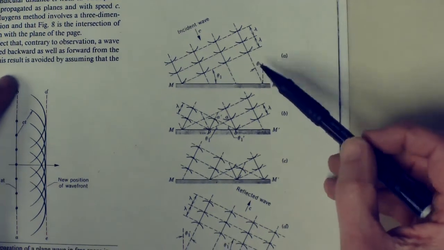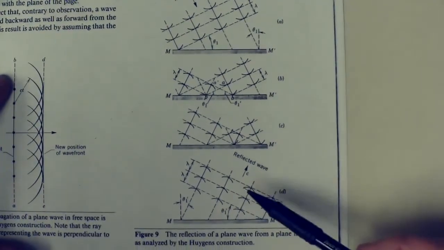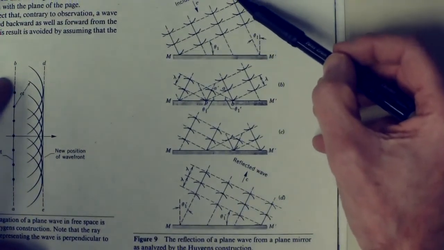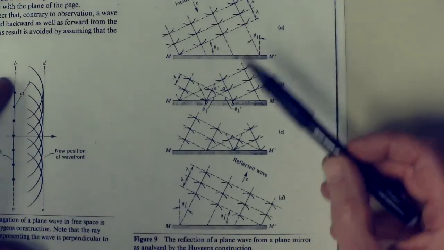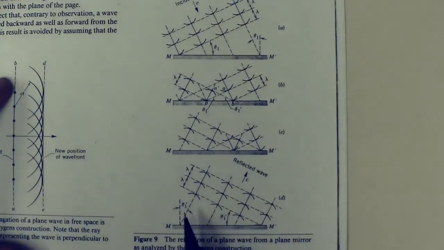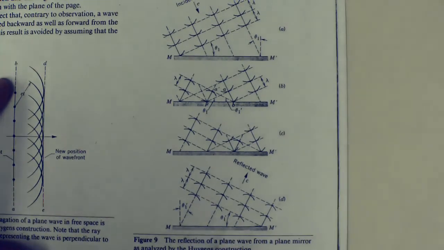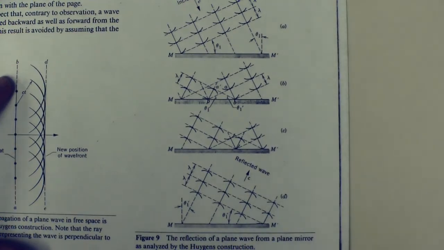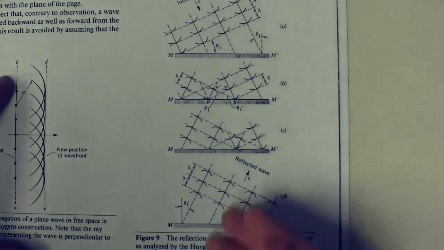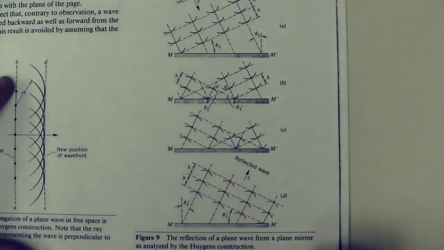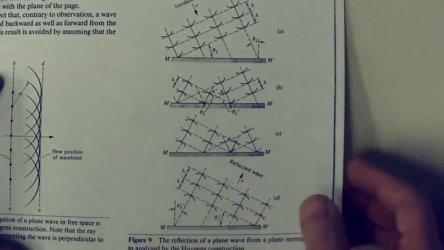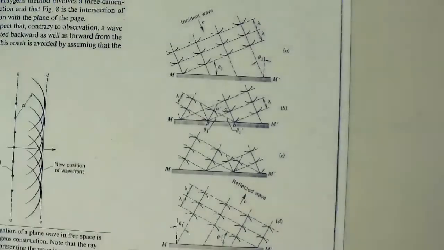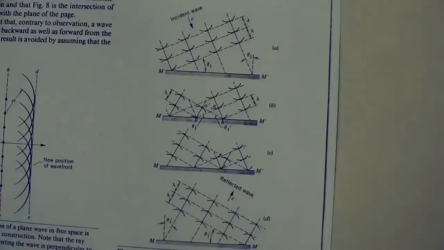The important point of this whole derivation is to say that when a ray comes in at an angle θ1, it reflects back at exactly the same angle, just on the other side of the normal. So it came in on this side of the normal, and it goes out on that side of the normal. So you get equal angles of reflection. That's sort of how Huygens proves that. It's something you kind of already knew. It seems sort of obvious, but here is one that's not so obvious,